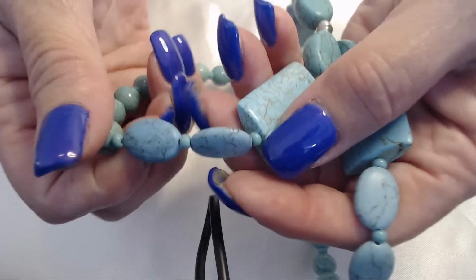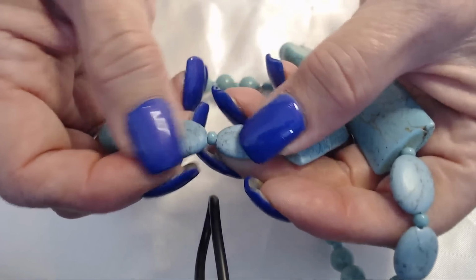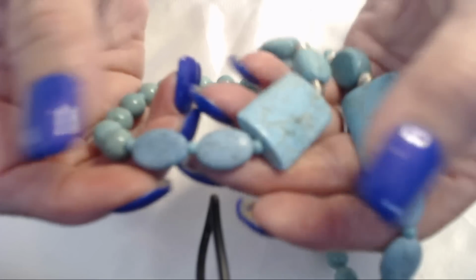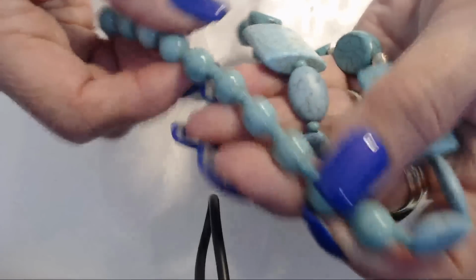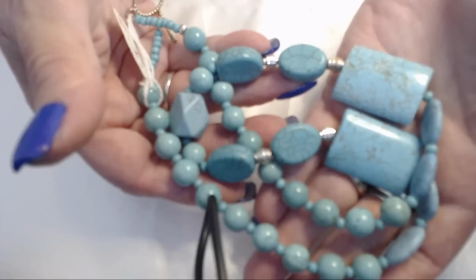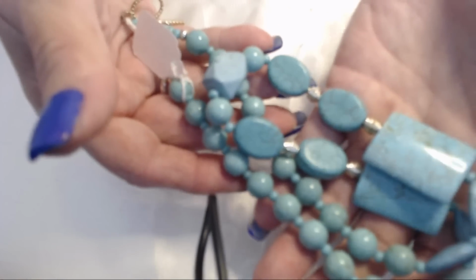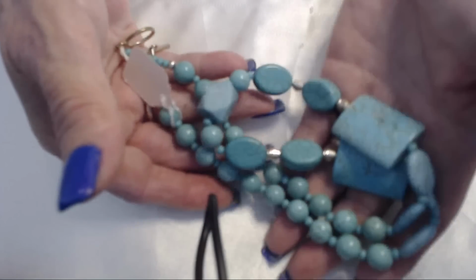So these, I think, might be magnesite. But the Howlite also comes with black too, brown to black. I think it's a little bit of both. They're different colors too, so it's definitely not turquoise, but I think it's a mixture of the two types